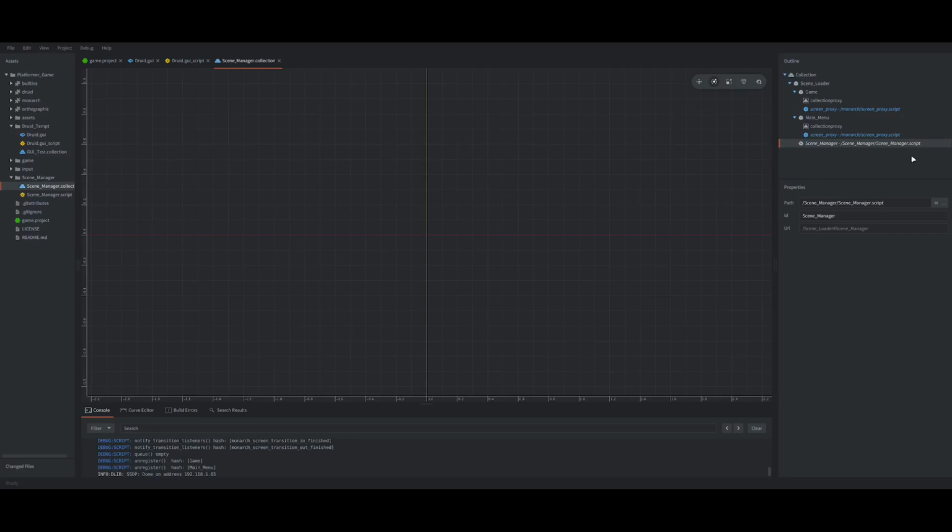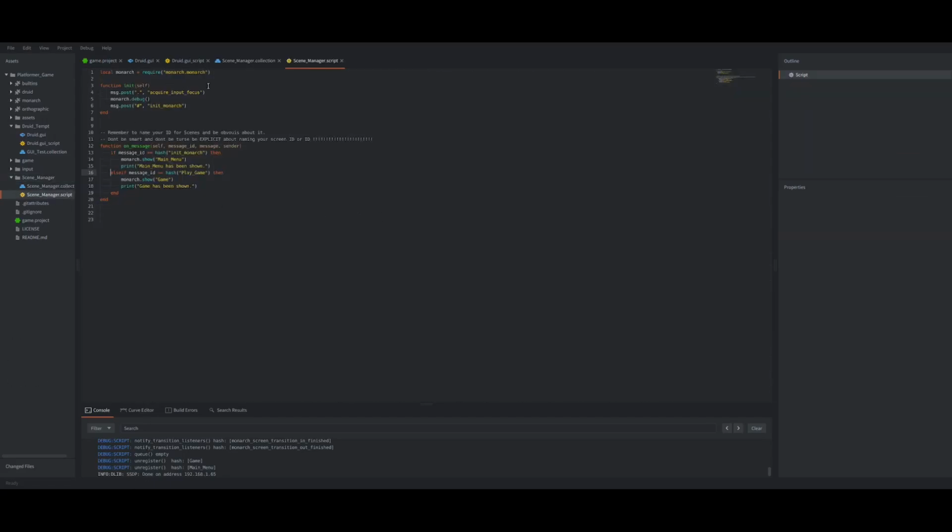Before that, you have to make a script or add a script. You go over here, new, go down to script and name it whatever you need to name it. Then scene manager script is essentially going to be all this basic stuff. Same thing you did with Druid. So you're going to need a local variable called monarch, so it makes it easier for you to call any function you need instead of